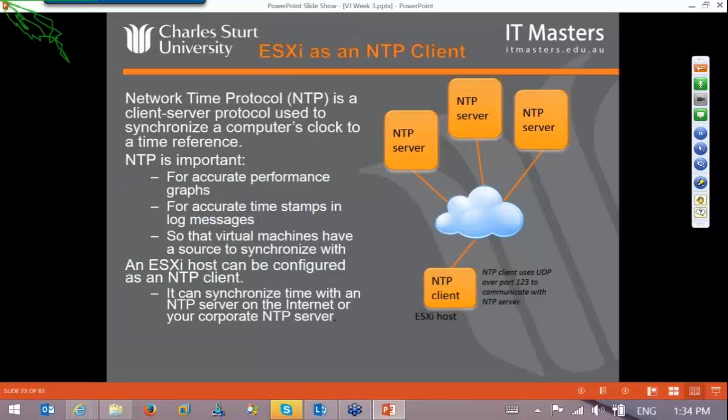Yeah. Okay. What was NTP again? NTP, the Network Time Protocol. What is it? It is a client-server protocol used to synchronize